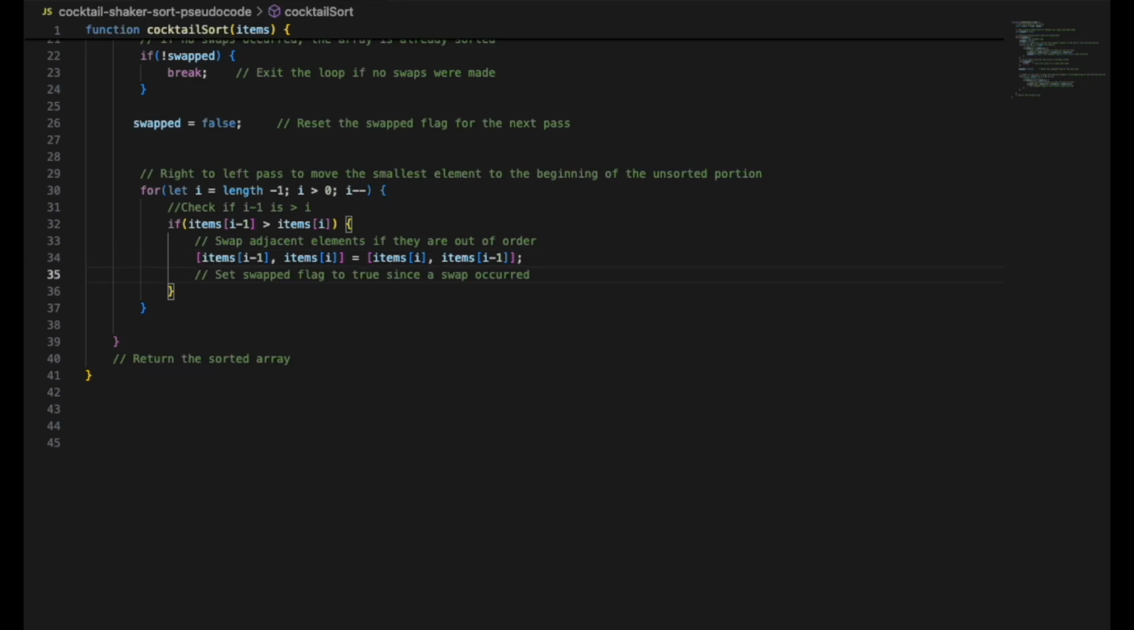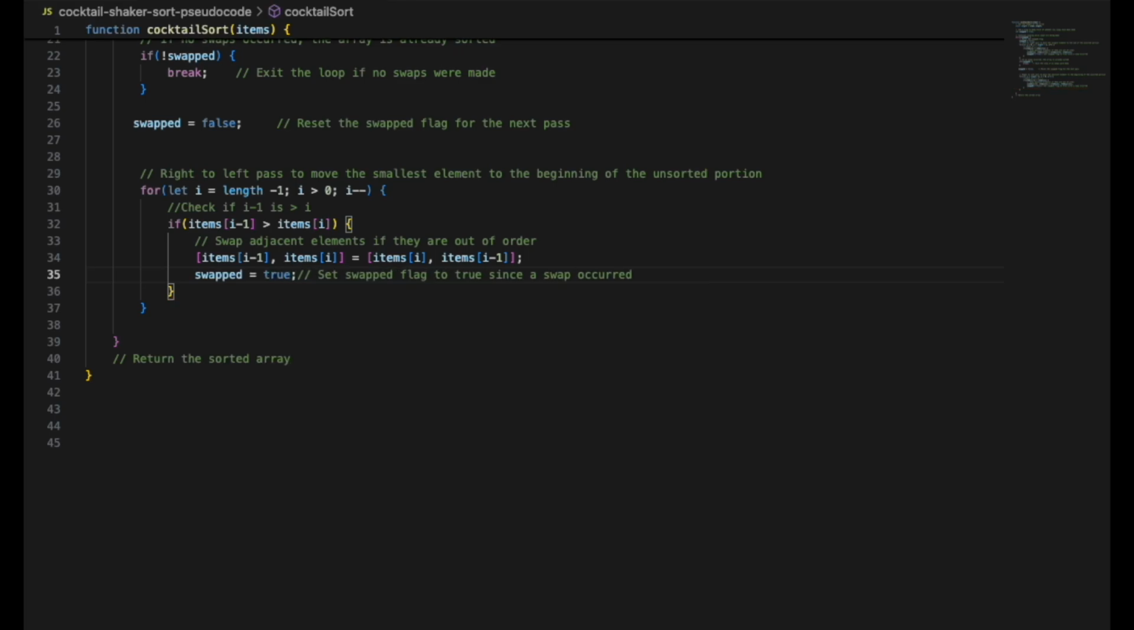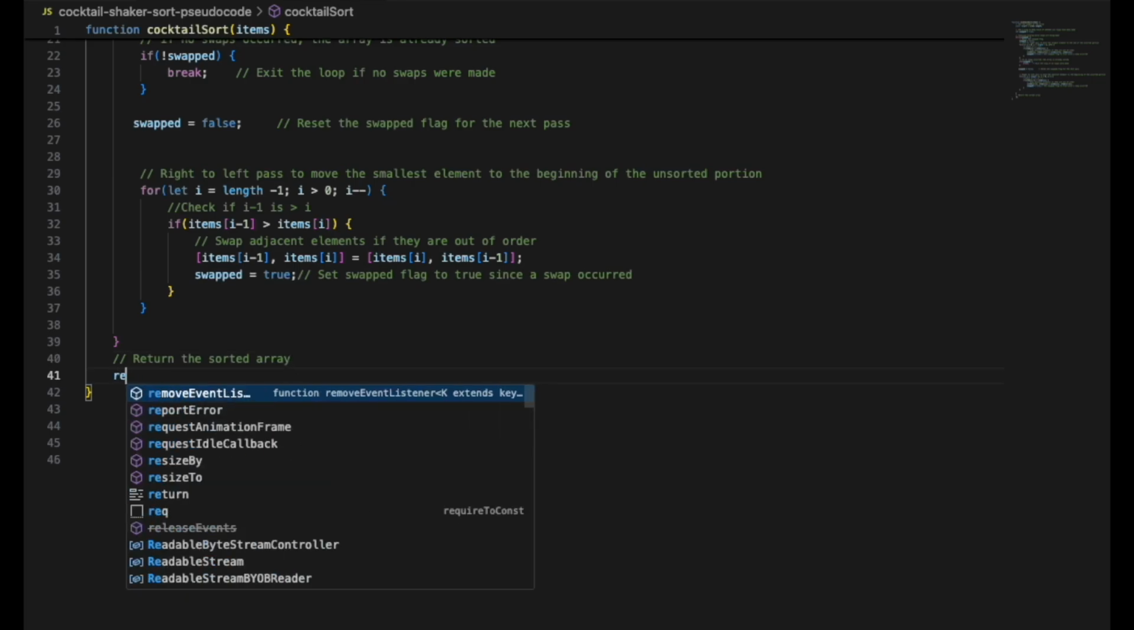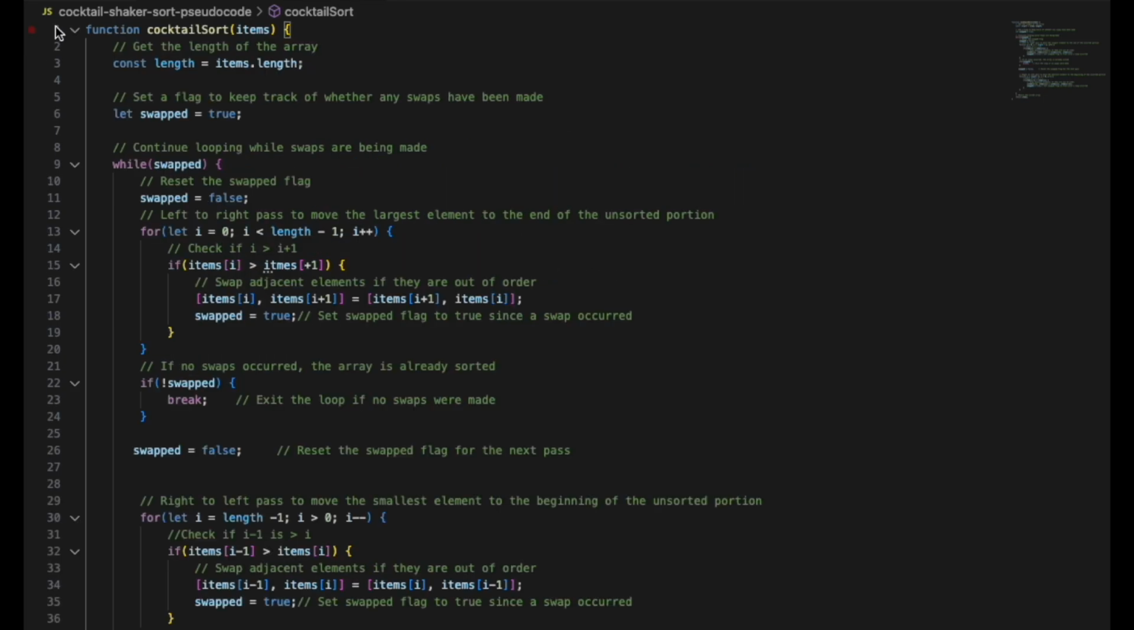Next, we'll want to toggle our swapped variable to true. And our final step is to return our sorted array. So we'll return items, and our code is complete. We have our function on line 1 titled cocktail sort that's taking in an array of items. We define the length of our array, and we create and initialize a variable called swapped